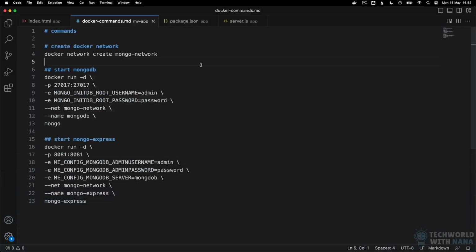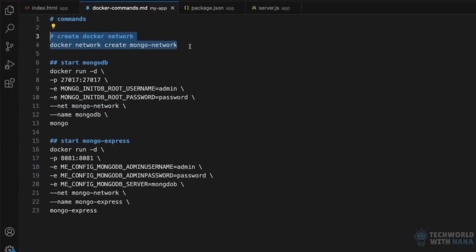So in the last video, we created and started two Docker containers, MongoDB and MongoExpress. And these are the commands that we used to make it happen, right? First, we created a network where these two containers can talk to each other using just the container name, and no host, port, etc. is necessary for that. And then we actually ran two Docker run commands with all the options and environmental variables,